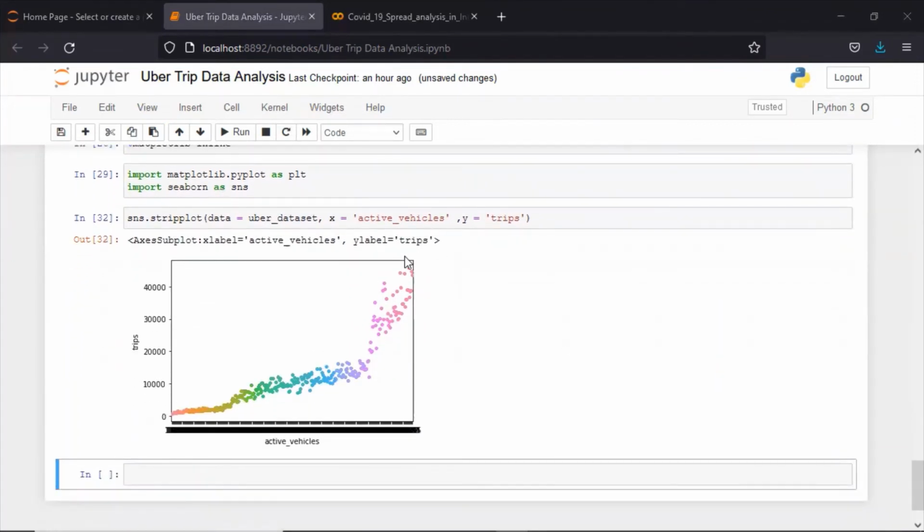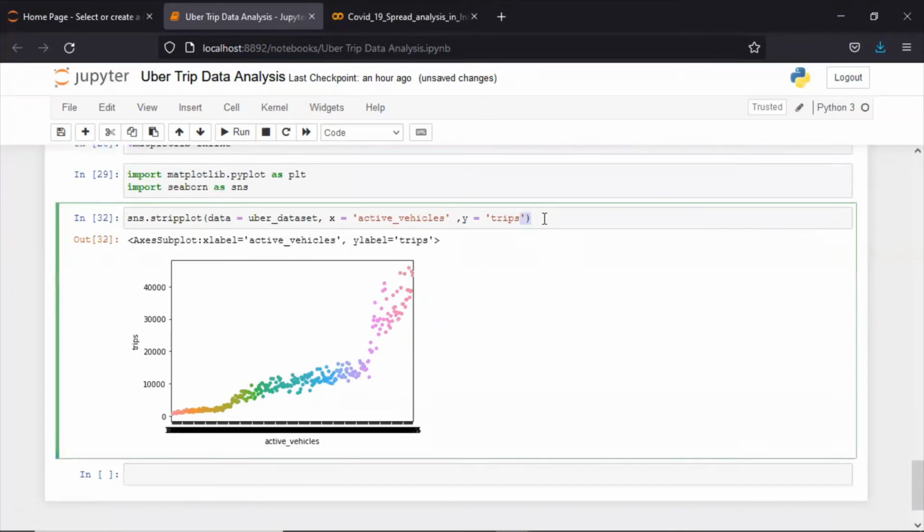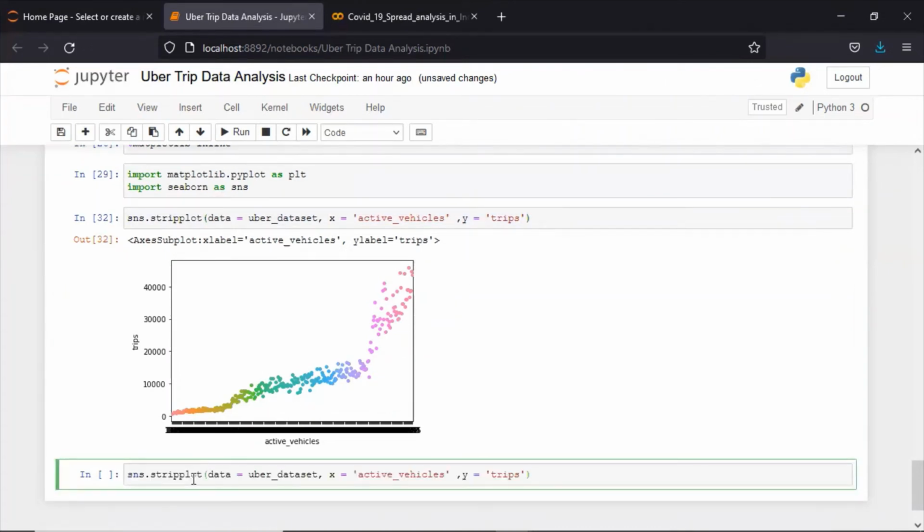So you can see here, this is my active vehicle as my x-axis, and the y-axis is trip. So in this way, I drew this strip plot, which gives me the relation between these two columns. If you want, you can do it the opposite way also. Just copy this code, paste it here, and just change the name of the column. In place of the x-axis, you take this trip.